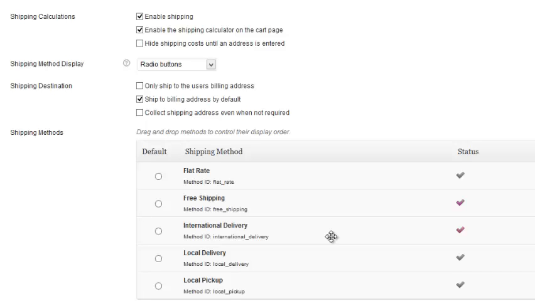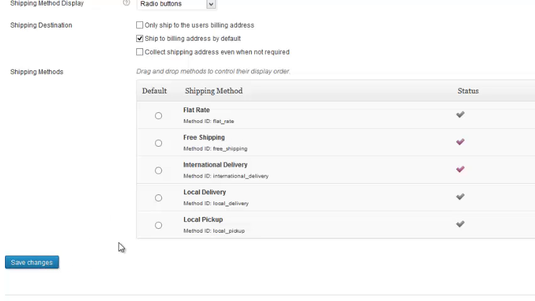My other note is that out of the box, and I had mentioned this in previous videos, you may need more complex shipping options, depending on your store. In a lot of cases, you'll probably need something like a table rate shipping extension to set those up. So you can do a fair amount here out of the box, but anything that gets slightly complex, you almost have to go right to table rate shipping. Okay, so I hit Save Changes.